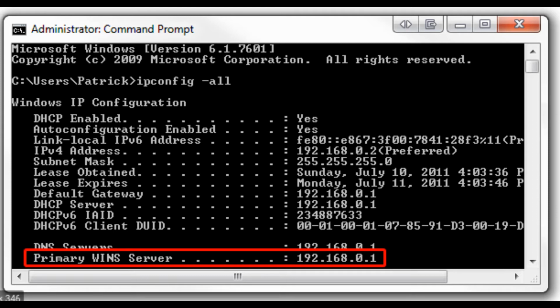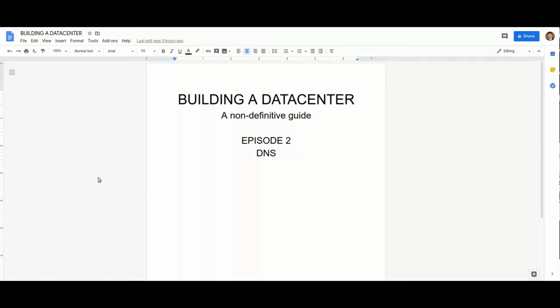WINS is great. It's the Windows Internet Naming Scheme system, and WINS can save your butt. Don't get me wrong. I've had issues where DNS was complete trash and WINS came in and saved the day with NetBIOS names. But in today's world, DNS is kind of where it's at. Matter of fact, Microsoft even tells you don't even bother installing WINS anymore. I run pretty much an entirely Unix Linux mix, so I really don't need WINS.